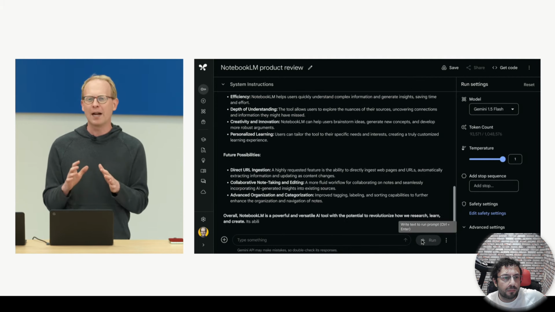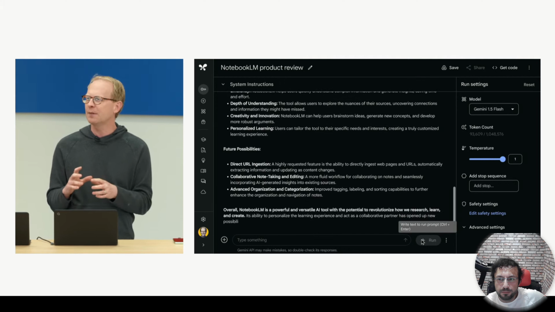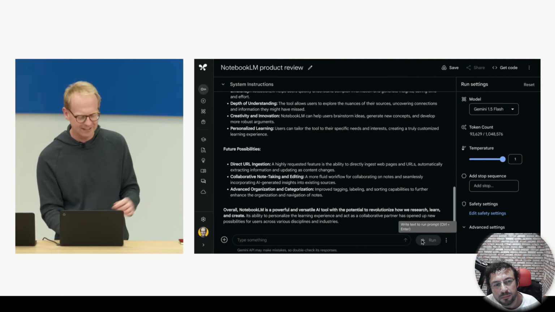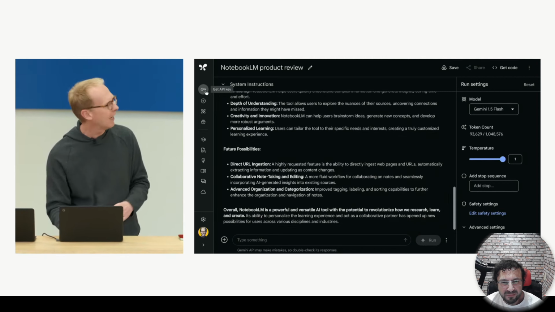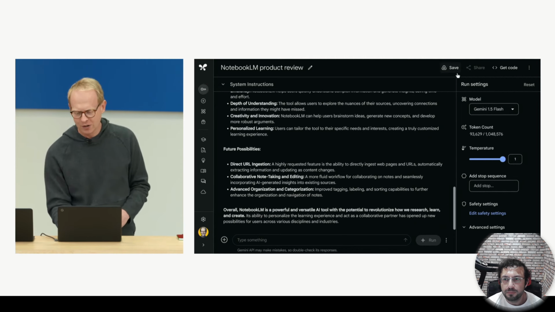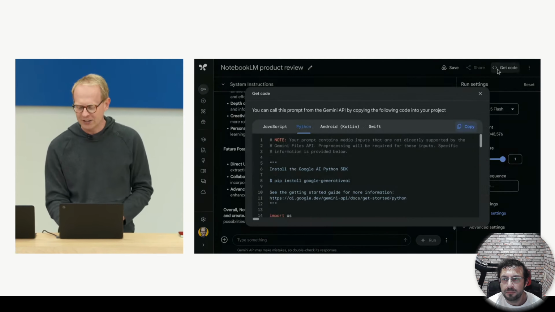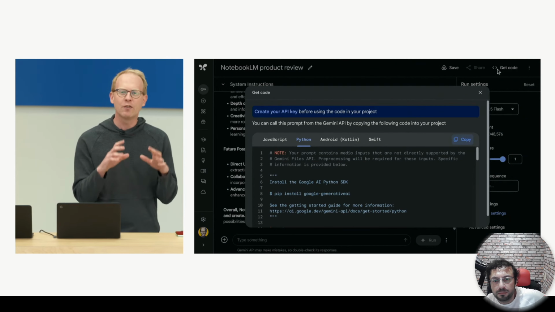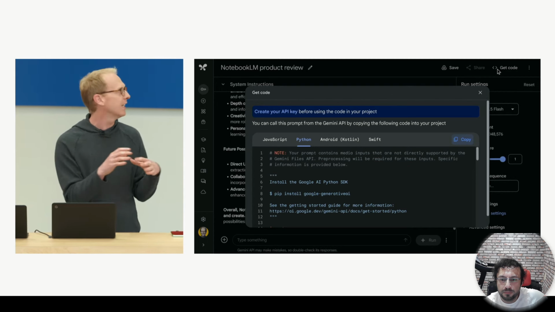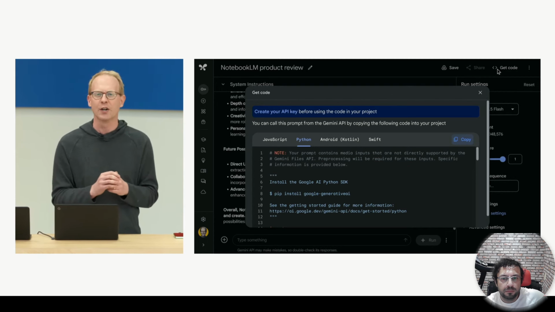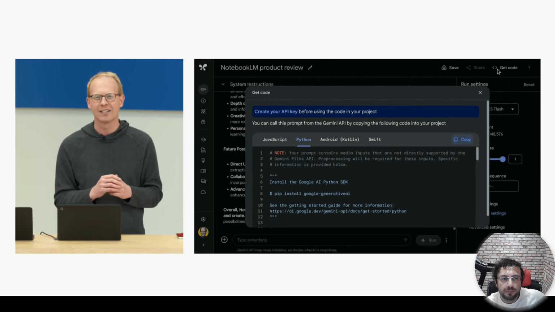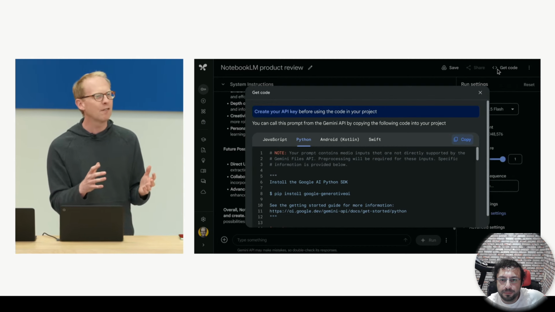Now, what's great about this is that you can take something like this in AI Studio, prototyped here in 10 seconds, and with one click in the upper left, get an API key, or over here in the upper right, just tap Get Code. And you've got all of the model configurations, the safety settings, ready to go straight into your IDE.